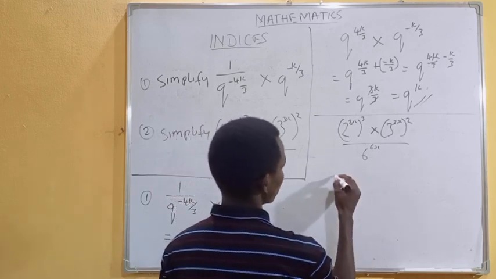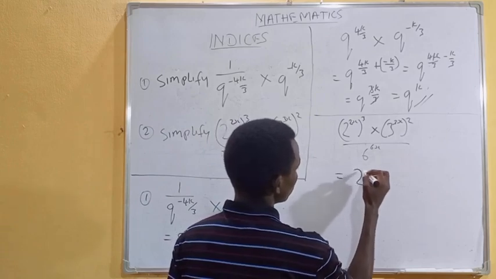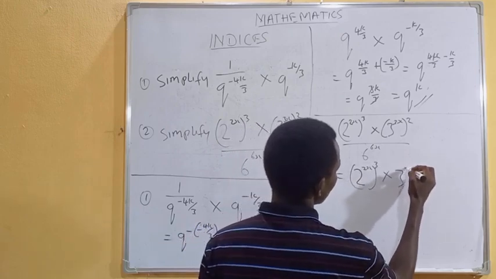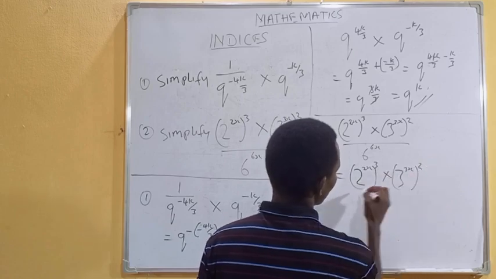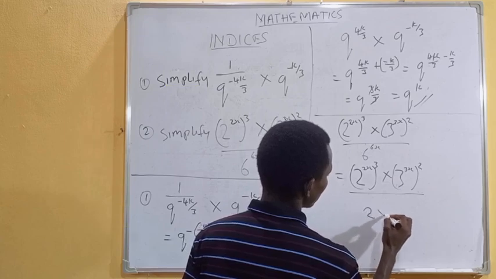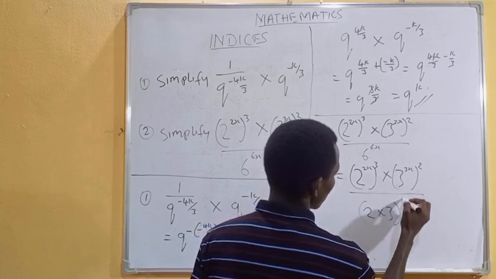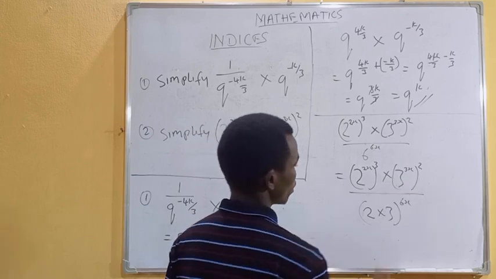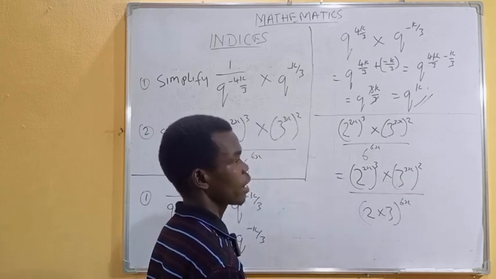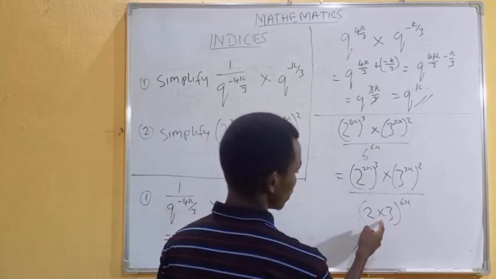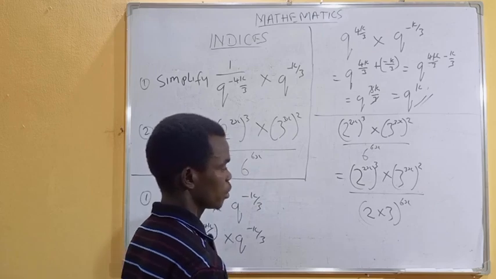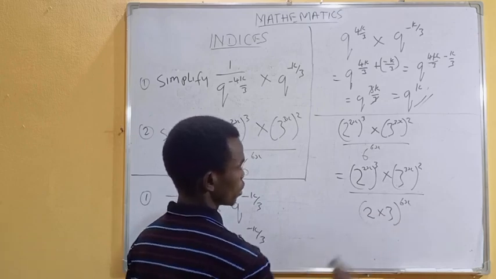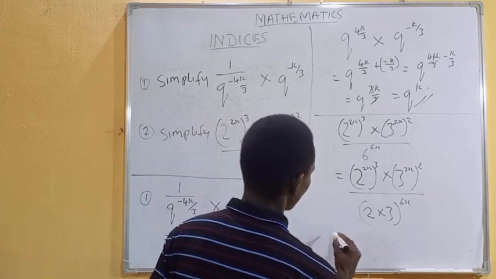So the question will now become 2 raised to the power 2s raised to the power 3, times 3 raised to the power 3s raised to the power 2, divided by 2 times 3 raised to the power 6s. From here now, we have the power law, which is a base raised to a power and again raised to another power. And here we have the product power law. This is different bases raised to the same power, which can be distributed to the different bases, which will now be equals to